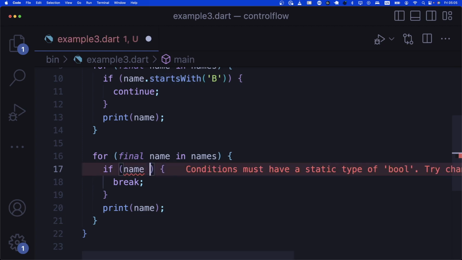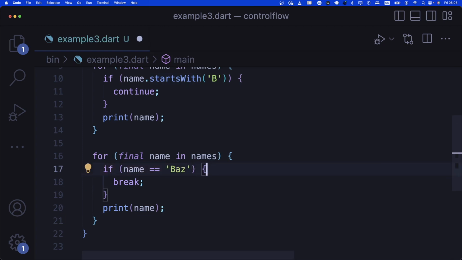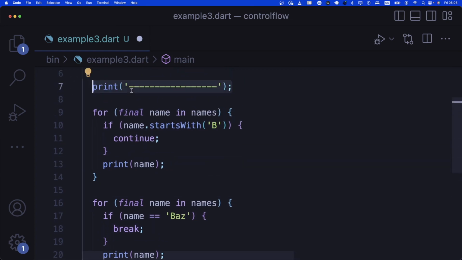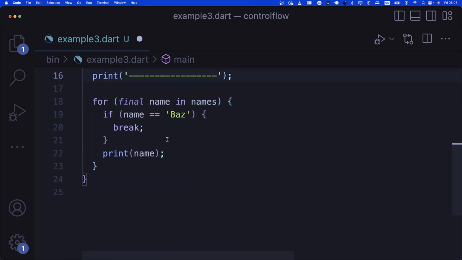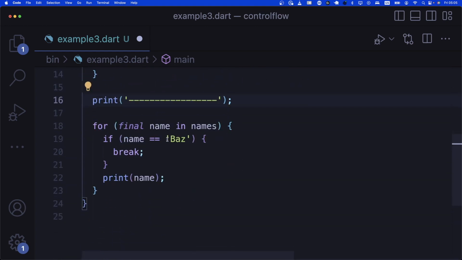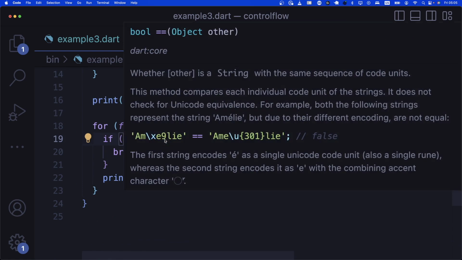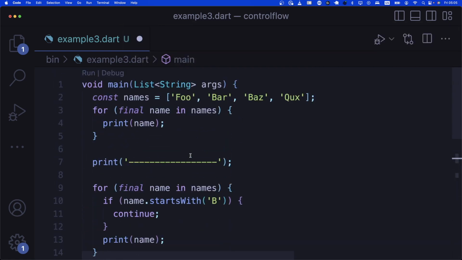So let's say if name is equal to Baz, then we break. So you can imagine what this does. Break, if continuing continues the loop, breaks out of the loop entirely. So you can see the condition says if name is exactly equal to Baz, then what happens is says, is